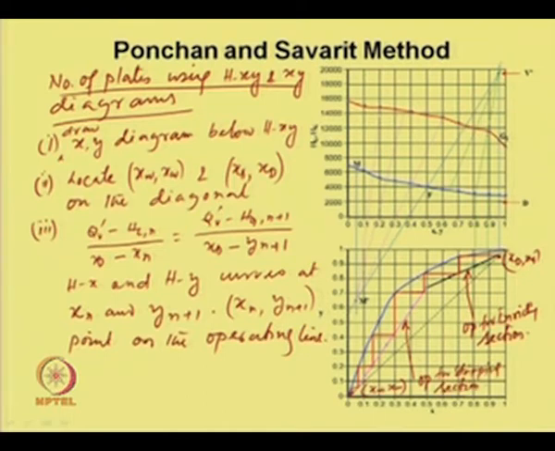From the two different curves Hx and Hy, we can obtain the equilibrium curve which is given below. We know the equilibrium curve, we know the operating line for the different sections, and we know the feed point. If the feed conditions are known to us, we can draw the feed line, and then, with a similar procedure as we followed in McCabe-Thiele, we could follow the staircase construction of the stages and obtain the number of stages required for the given separation.